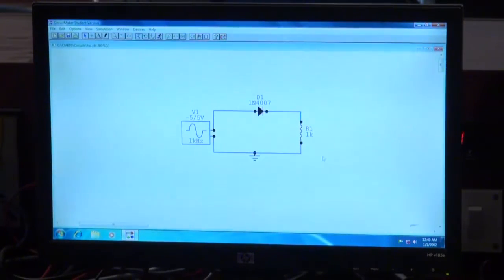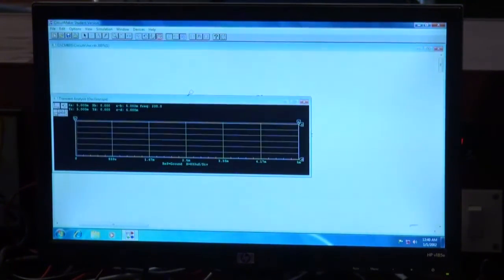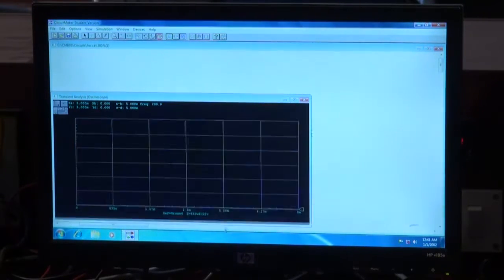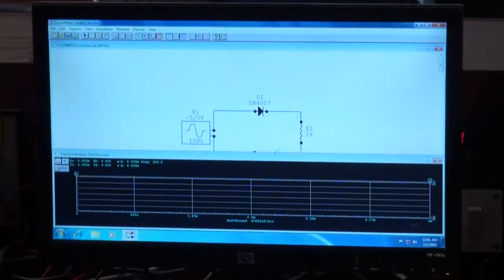Here you can see this is a circuit in which we are using a signal generator, a diode and a resistor. So input will be a full sine wave AC signal and the output will be a half-wave rectified waveform. So now if I want to see the simulation in this software, I will simply run this and can see the output waveform. This is the screen on which I will get the output of the circuitry. Just resizing it so that we can see the waveform clearly.